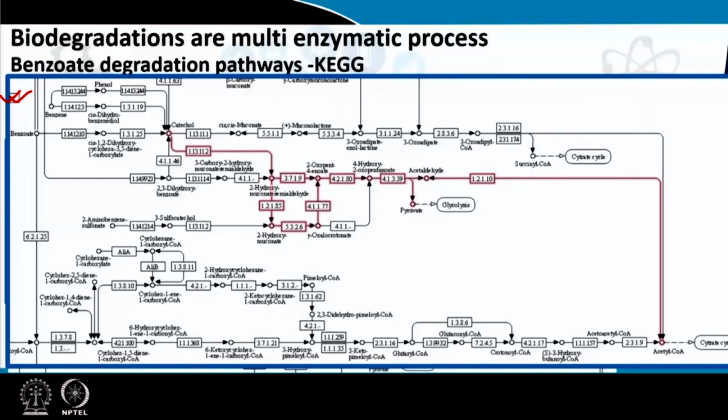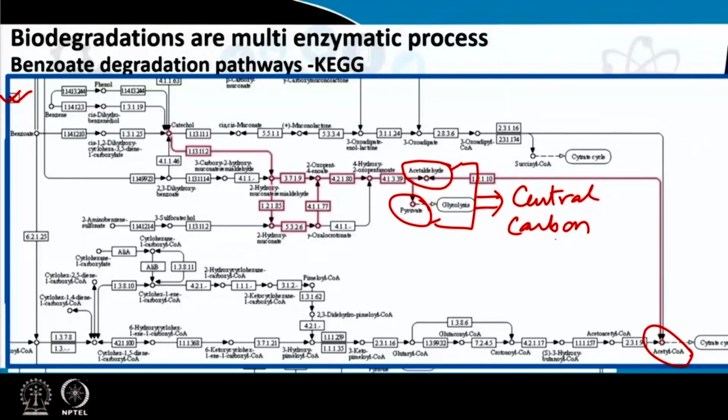But essentially, whichever way it goes, it will be converted to 4-oxopent-2-enoate and then 4-hydroxy-2-oxopentanoate, and then it will be forming acetaldehyde and pyruvic acid. And this acetaldehyde and pyruvic acid will be directly fed into the citric acid cycle or TCA cycle, because that is a very known pathway of the central metabolism. So, these acetaldehyde and pyruvate molecules will straightaway be moving towards the